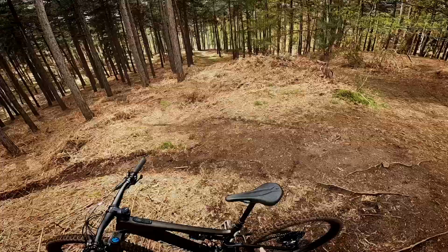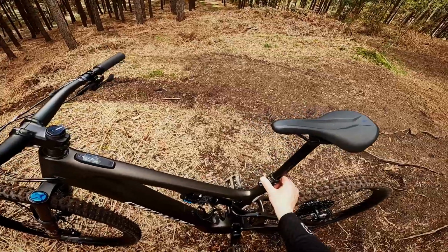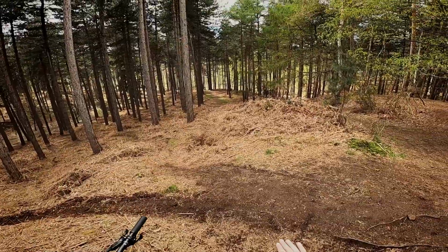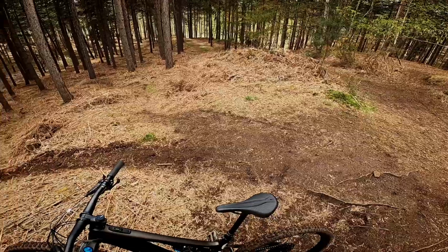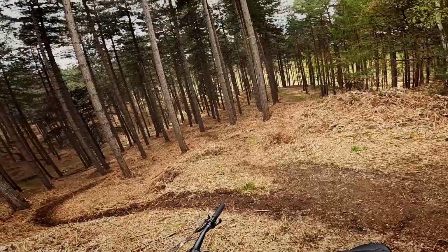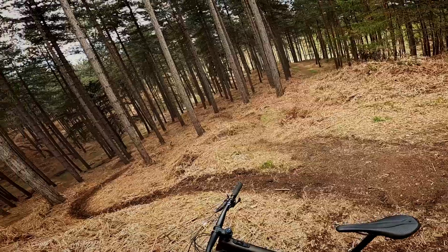Here's an observation. That seat post is almost all the way in, probably 1.5 inches out. I could do with the seat post coming up more. Now this is an S4 and I'm 5'10", 5'11". The reach feels absolutely perfect. Perfect, better than the Levo. I think it's slightly shorter than the Levo,